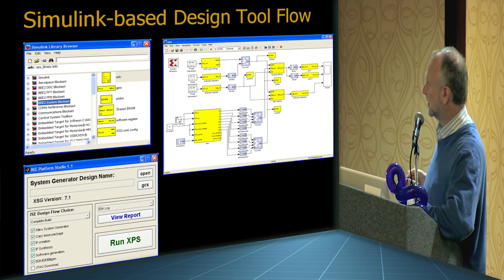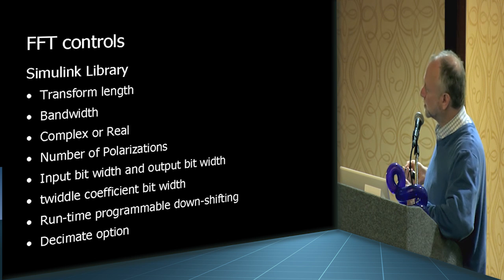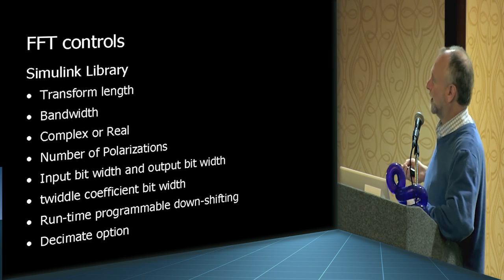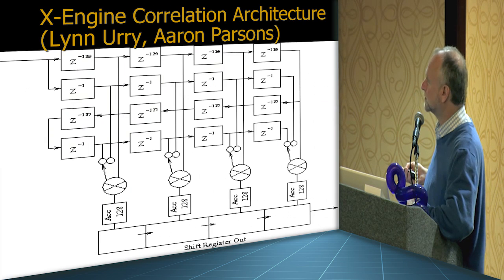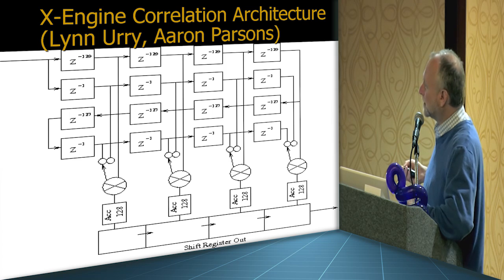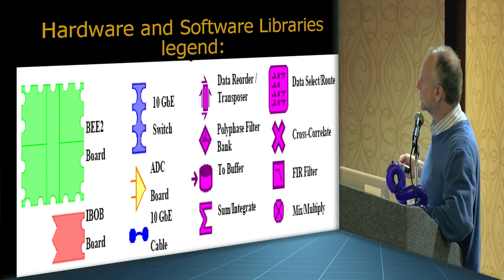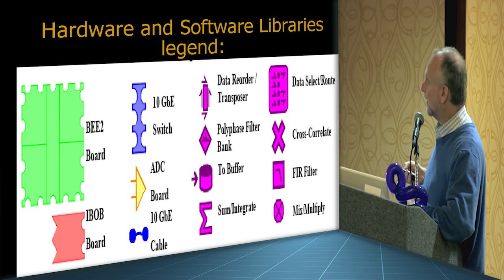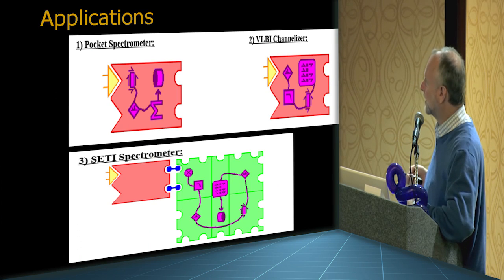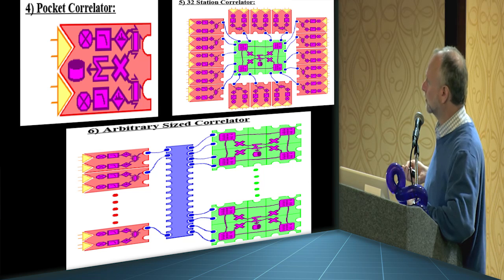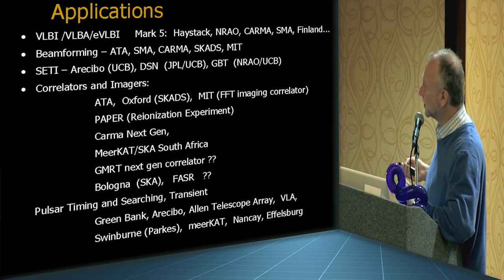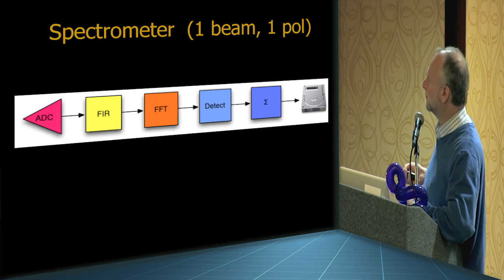We use a language called Simulink. It's a graphical programming language, much like LabVIEW. And we have a bunch of little modules that astronomers are used to, like fast Fourier transform modules, polyphase filter banks, digital down converters, correlation blocks. You can make your own modules, but we have a bunch of these gateware modules and hardware modules, and you stick them together, and we have tutorials about how to build all this stuff. And there's a lot of stuff that people build: spectrometers and correlators, and I'll tell you a little bit about how these things work, beamformers.